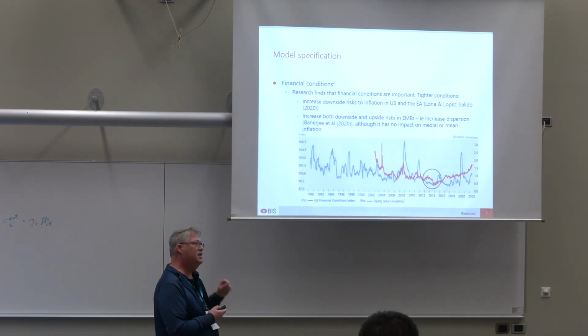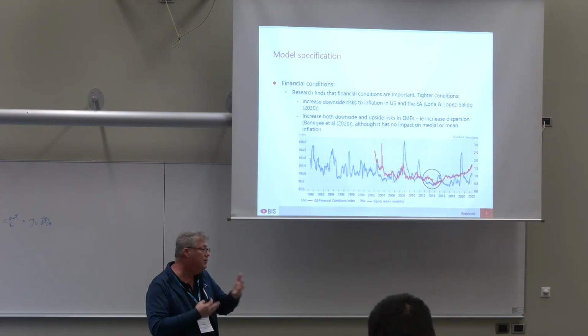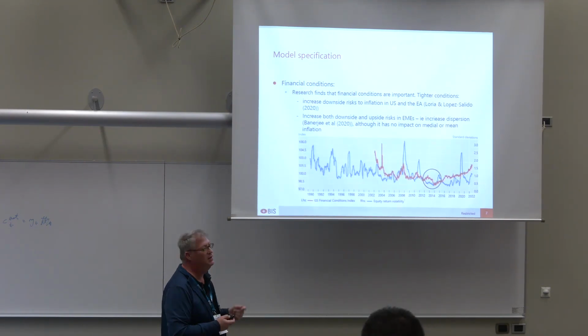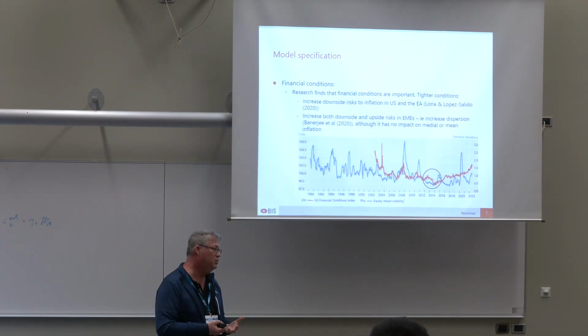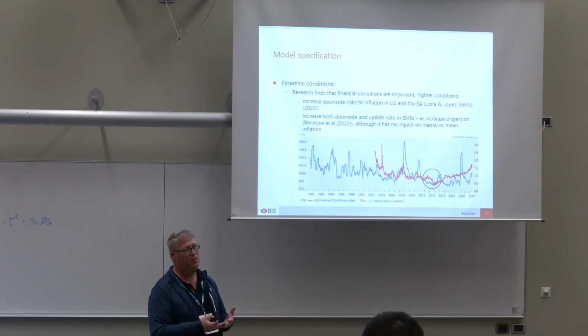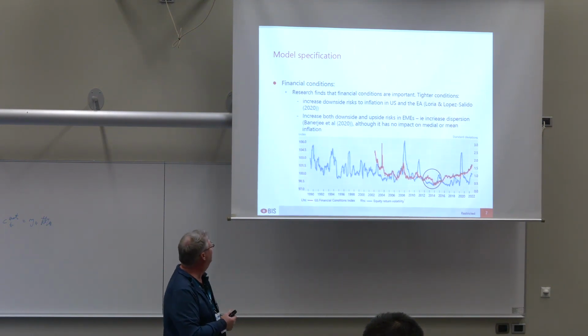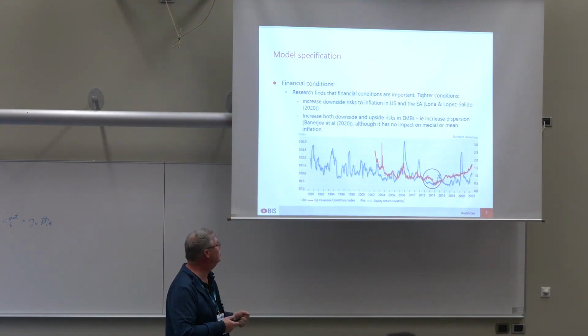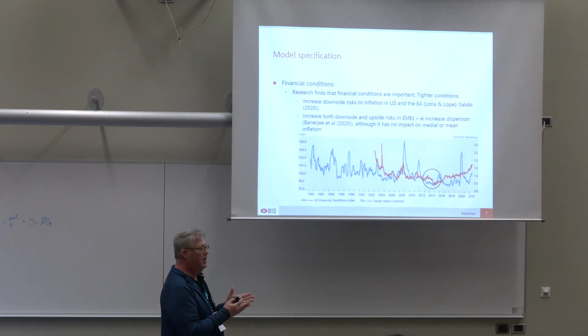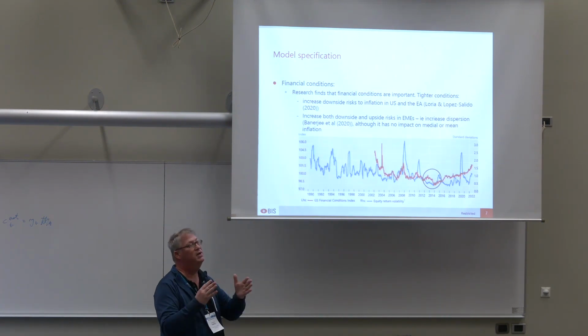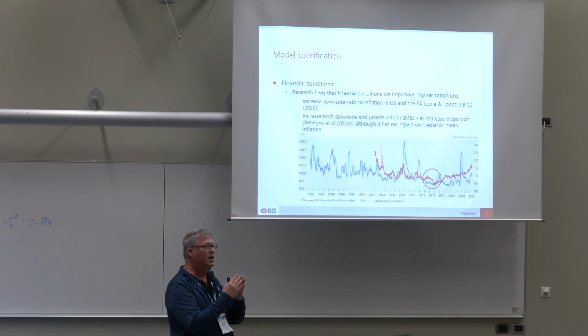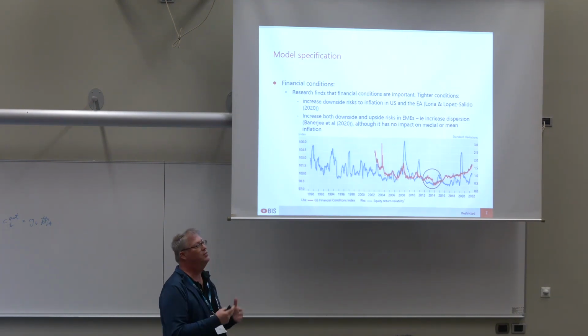Okay, the other thing that I am a bit surprised by is that, I don't know if you have looked at this, but the obvious question is whether you also tried a measure of financial conditions, because we know from the paper from Lopez-Salido and Loria, and also from our paper, that financial conditions are quite an important variable. In the case of Lopez-Salido and Loria, financial conditions affect the left tail of the distribution. In our analysis, in emerging markets, financial conditions affect both the left and the right tail of the distribution. So it increases the dispersion of the distribution.